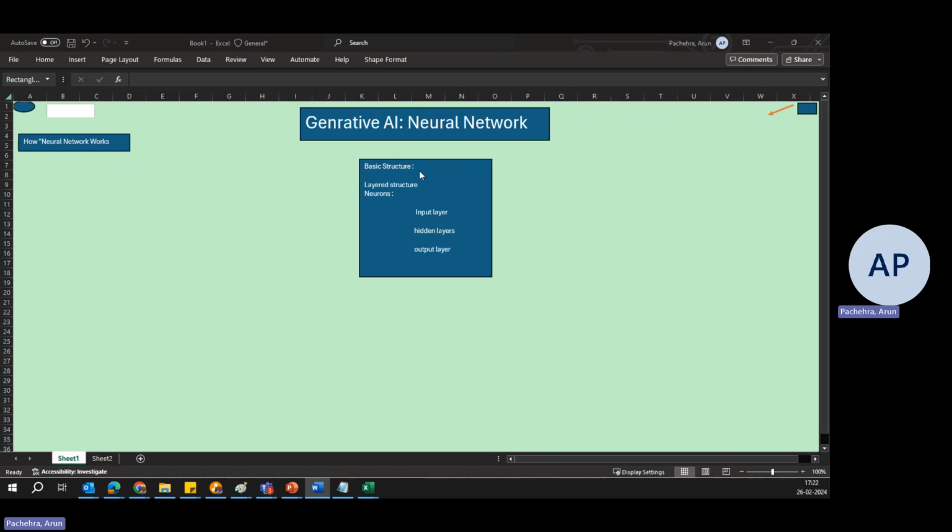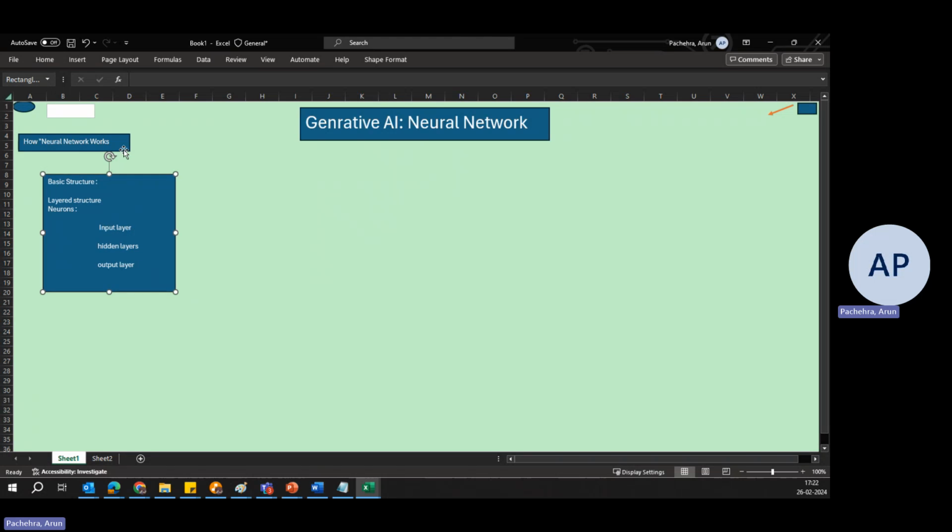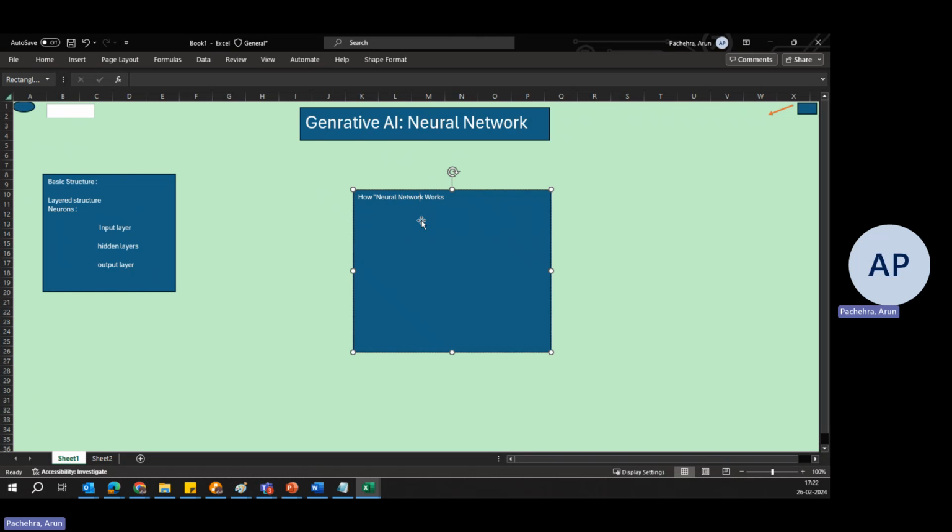All right, so the basic structure is kind of clear to us now. So what's next? Well, we need to understand how exactly it works. That is not clear yet. How exactly it works, this is our main riddle that we need to solve. Now we know the structure. Now how it works, the learning, the training, the prediction, everything will start from here and output will come here.